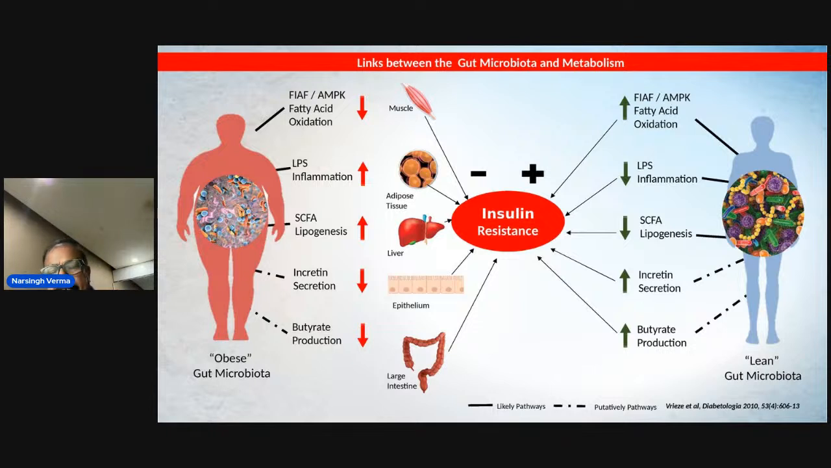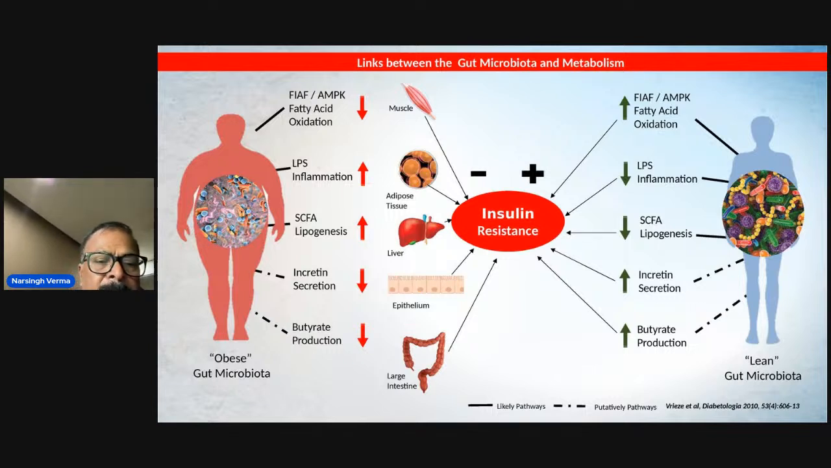Then the incretin and secretin hormone secretion will be increased. Another mechanism can be that butyrate production will rise, and when butyrate production is higher, gut dysbiosis will not occur. In other words, on the other side, the muscle, adipose tissue, liver, epithelium, and large intestine are going to be impacted in a negative direction, and all these mechanisms will rise, and they will lead to